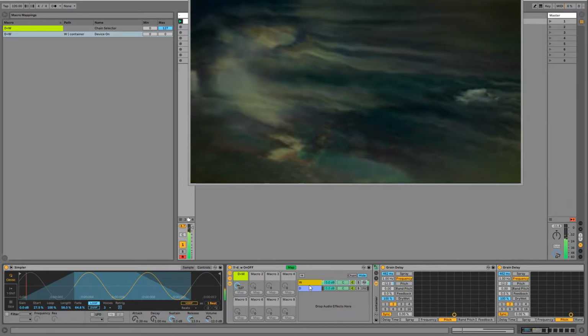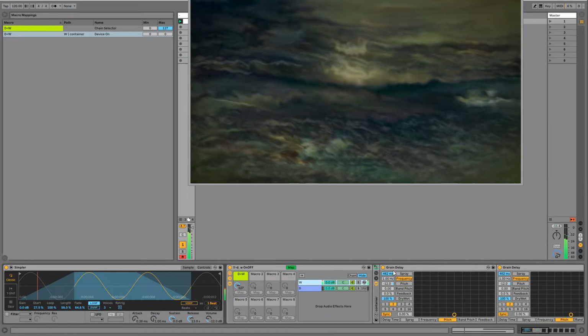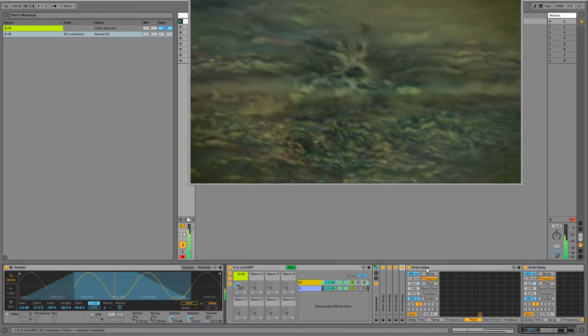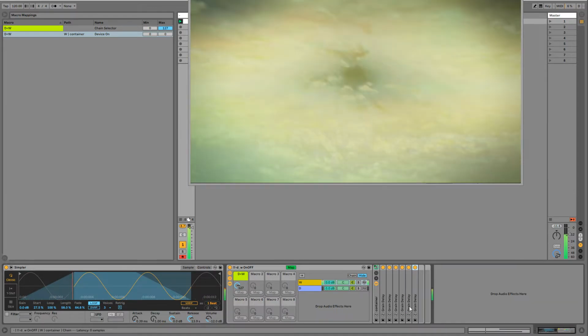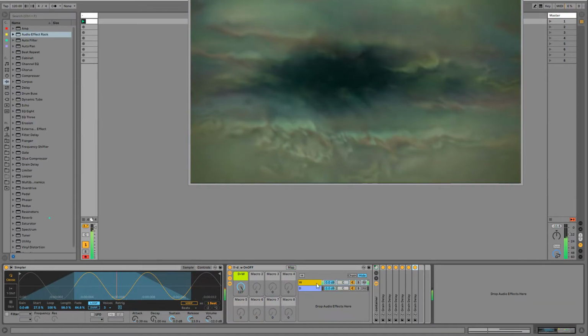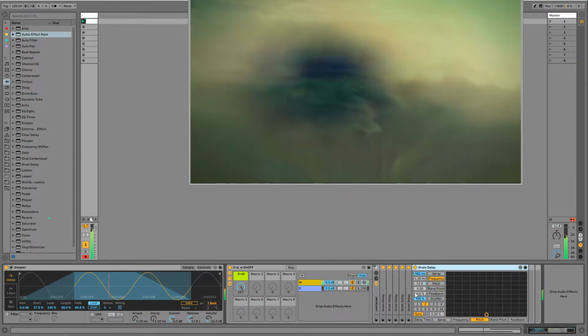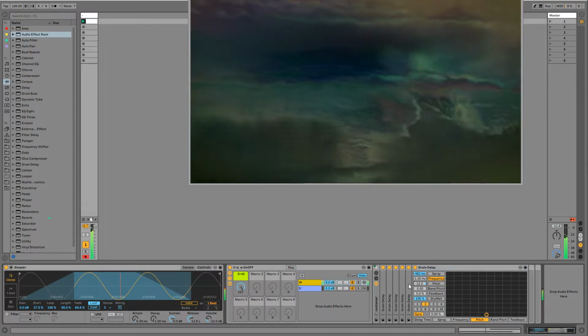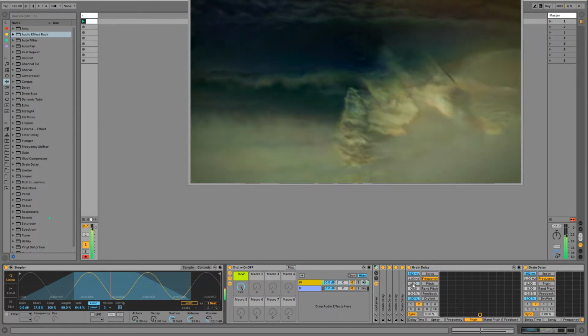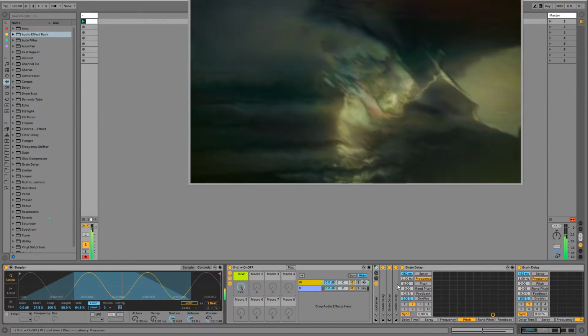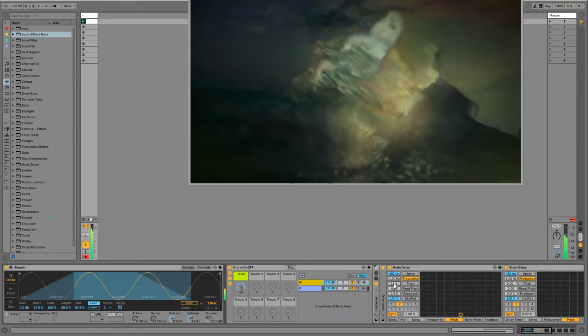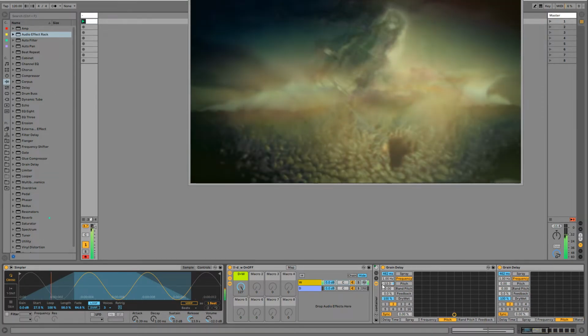We should eventually hear something. Or not. Maybe because we have a lot of pitch shifting going on. Yeah, you can hear the bass going on there.